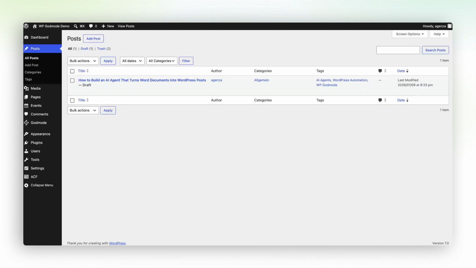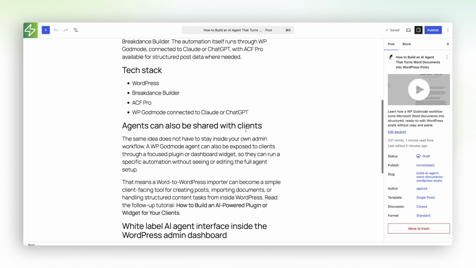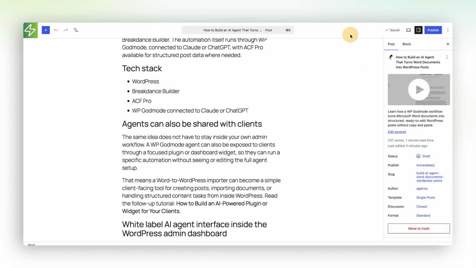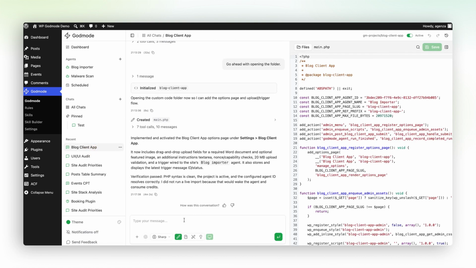So we move over to our posts, and we can find our blog post, and we can check if it actually worked. So we have our text, it is improved for SEO as we wanted, and we have the featured image applied. We can now go back to the chat and ask WP Godmode to improve the client app even